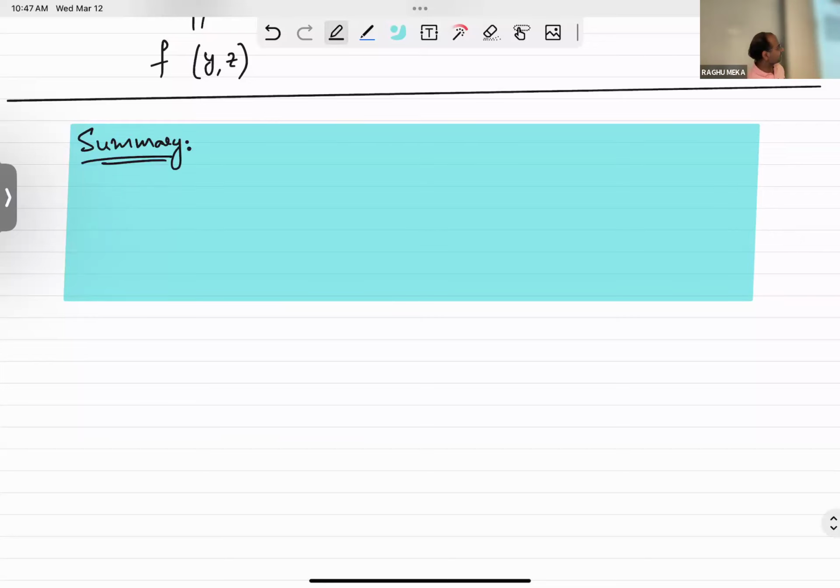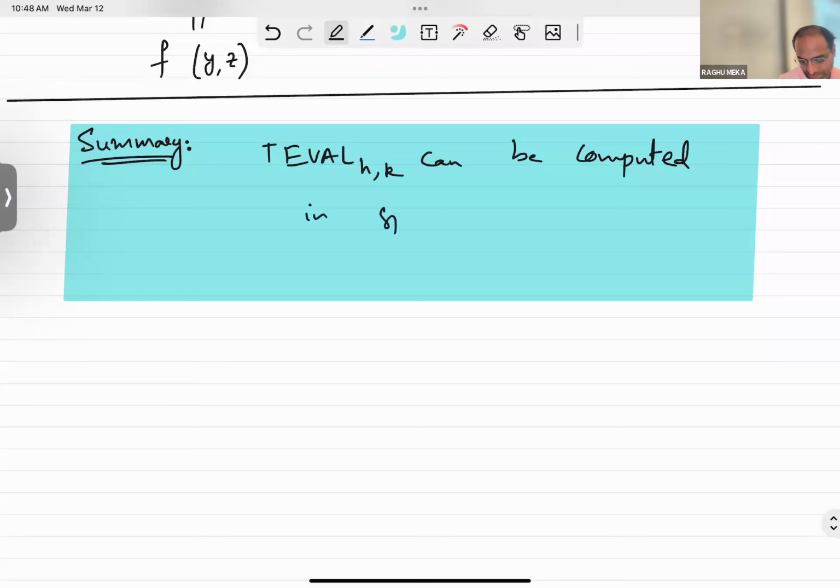we covered most of the details. You just have to be a little bit careful in how you do the summation and do some careful accounting for how the whole space goes along. You need to make sure that even the for loop indices can be stored appropriately. How many instructions you go, that also you need to store. But it's slightly non-trivial, but still mechanical bookkeeping. The summary will be that the tree eval problem with height h and gates of size k can be computed in space O of h plus k times log